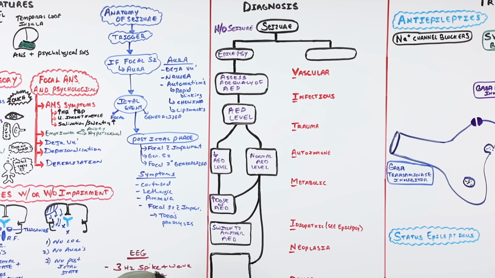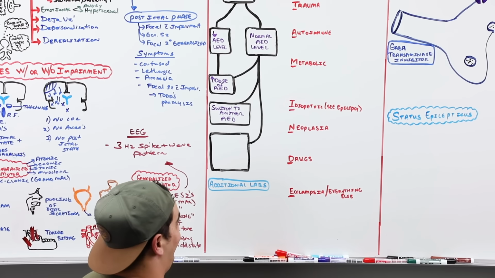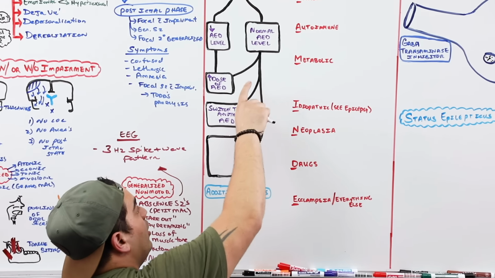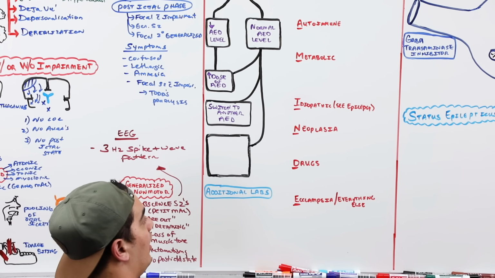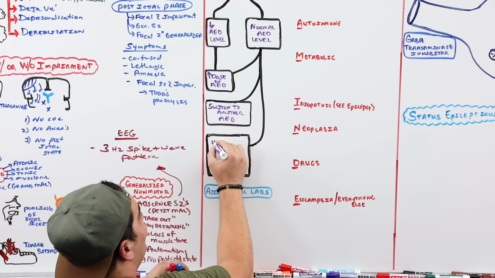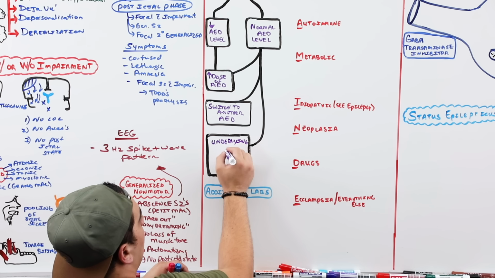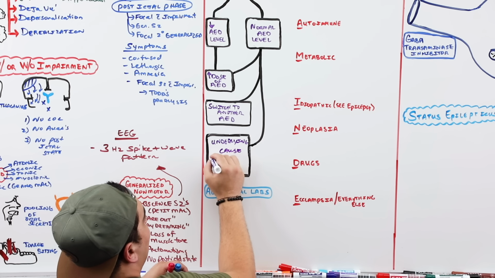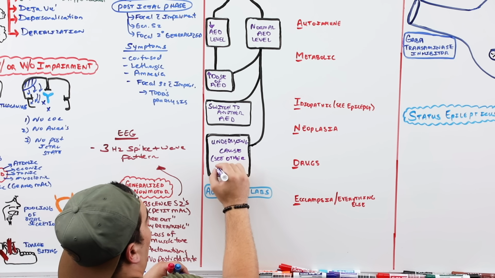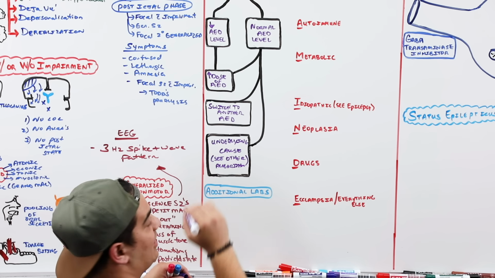The next thing that you guys need to remember here is, what else could we be thinking about? If we have a patient who has a normal AED level, we switch them to another anti-epileptic drug, another thing to be thinking about is whether there is an underlying cause, from the other algorithm. And that's what we're going to go into the next part.